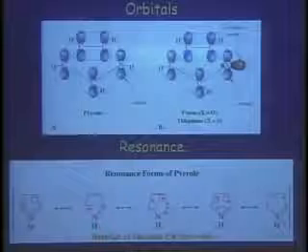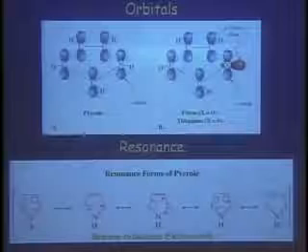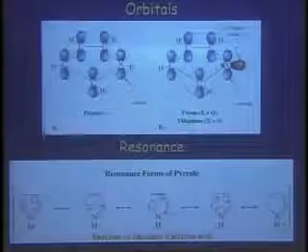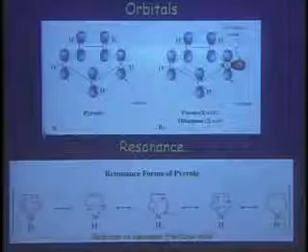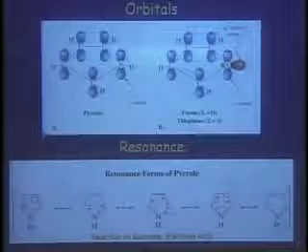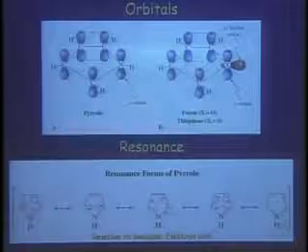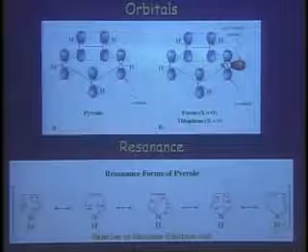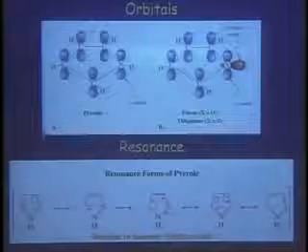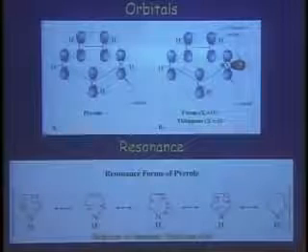You can do this also by doing resonance structures. In the case of benzene, it was pretty simple because we had two equivalent resonance forms, the cyclohexatriene and the two possible arrangements. Here it's a little bit more intricate because you're starting out with a neutral, but one of the atoms, the nitrogen in this case, donates a full electron pair in the next resonance form as you move electrons around. That makes it positively charged, and conversely, the receiving carbon end becomes negatively charged. So you get dipolar structures.